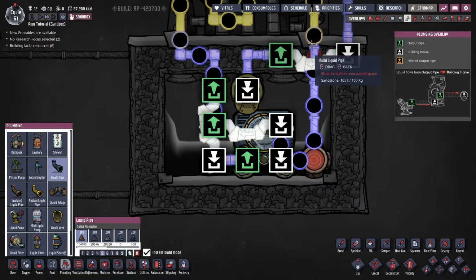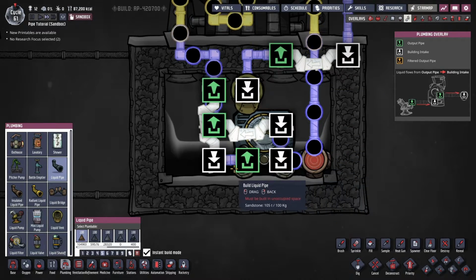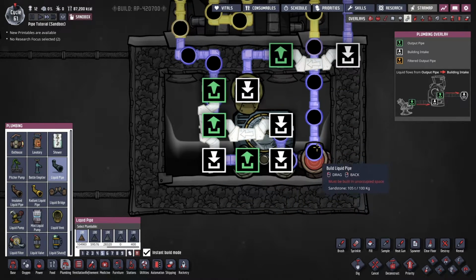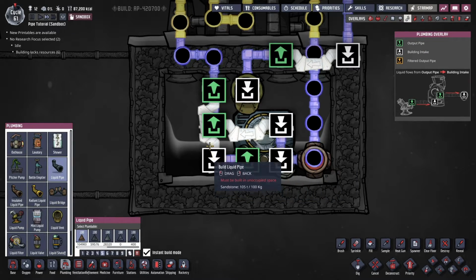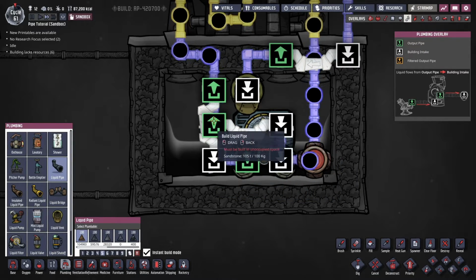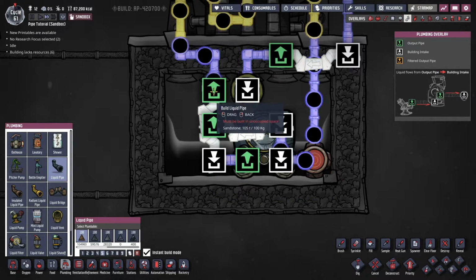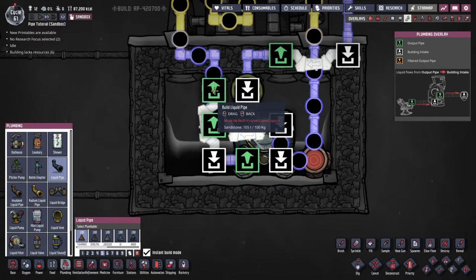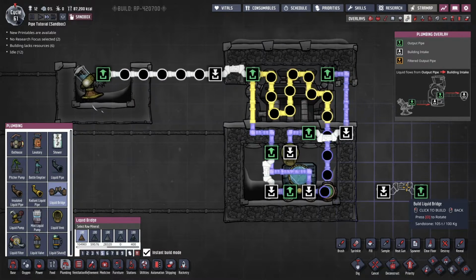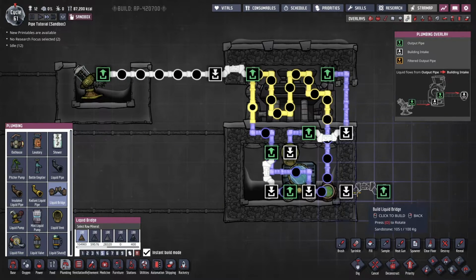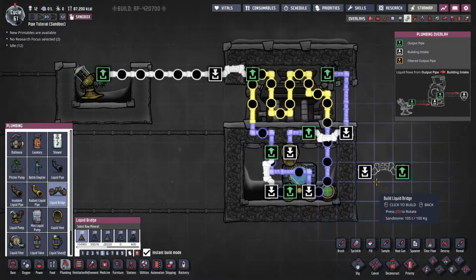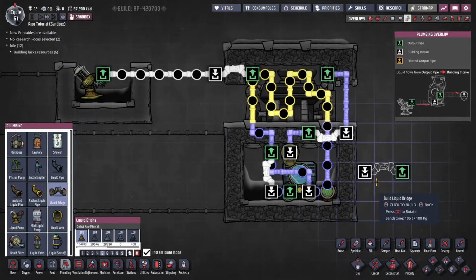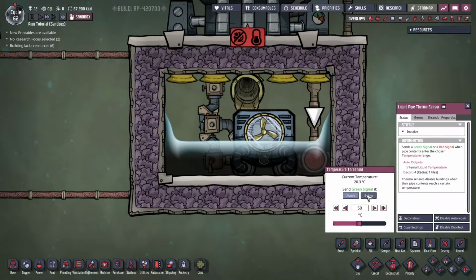If the medium that is looping does need to be cooled, once it exits, if this bridge wasn't here and it was just a pipe, what would end up happening is that the crude oil would get split. Some of it would go up, some would go back down, and it would loop back through the aqua tuner, which is kind of inefficient, right? It's like double cooling that packet. If I actually turn this thing on,